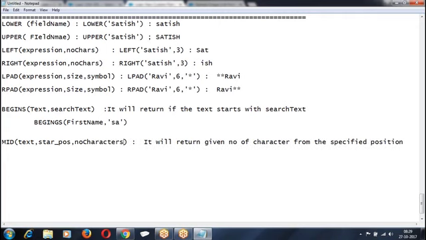From the text, from that point, how many characters you want? From second position, it's going to give 3 characters.